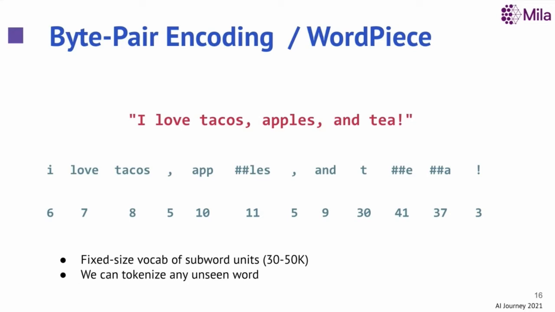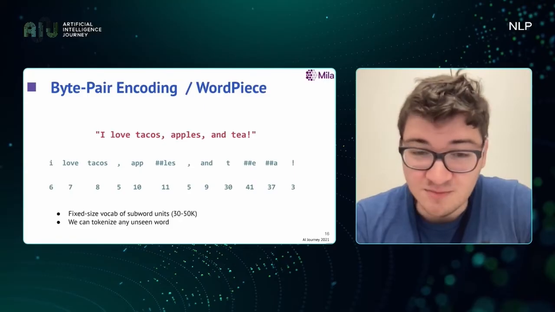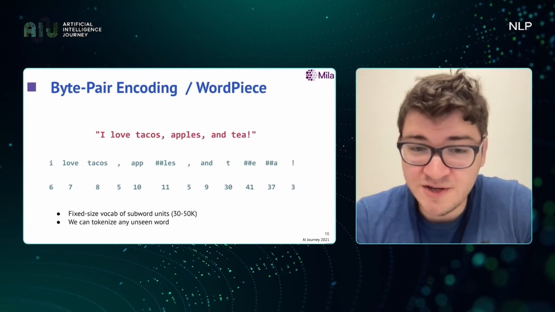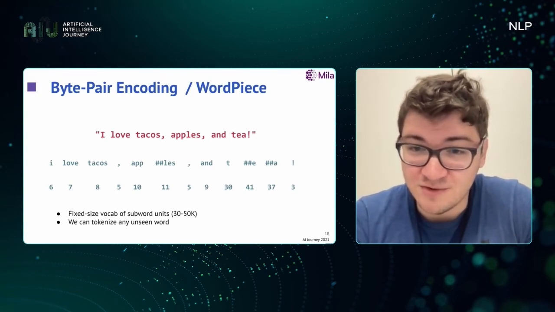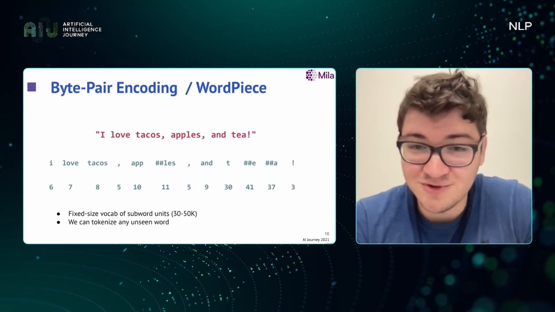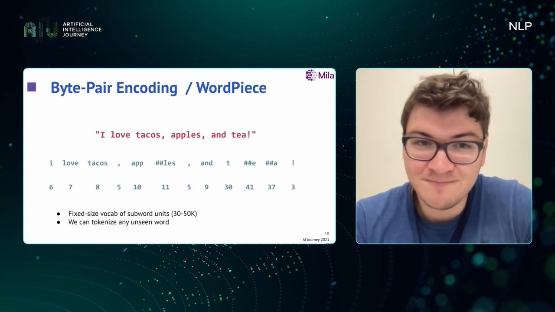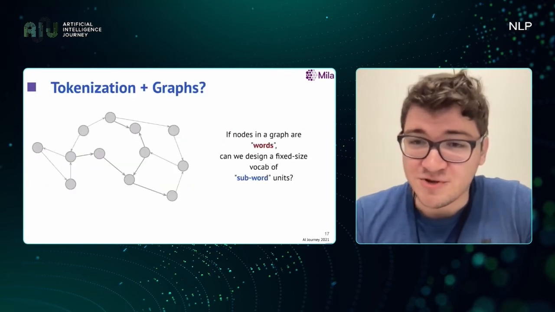Pretty soon a new way was developed for word encoding, which is called byte pair encoding or word piece. We break down the words into frequent tokens, so we can create fixed size vocabularies. Current languages prepare 30 to 50,000 tokens per language, and we can tokenize any word accordingly. So even the letters, words will always be part of our vocabulary after tokenization.